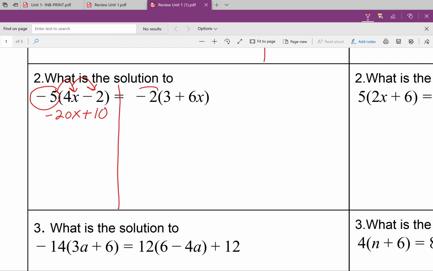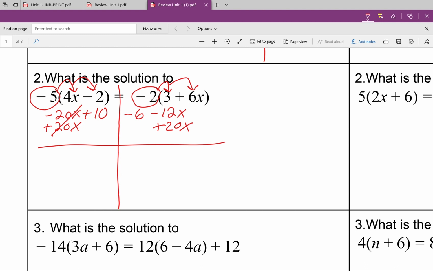Now on the other side, I'm going to distribute this -2 inside of this set of parentheses. So I have -2 times 3, which is -6, and -2 times 6x, which is -12x. Okay, now my next step is to get all my x's to the same side. So I'm going to go ahead and add 20x over to the other side. These 20x's cancel, and I'm left with 10 on this side, and then -6, and then -12 plus 20x is going to be a